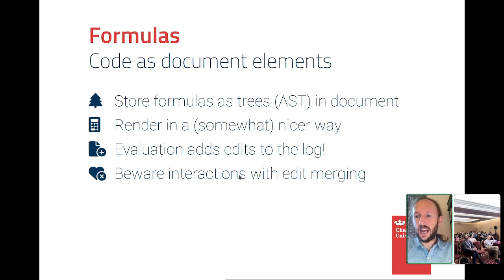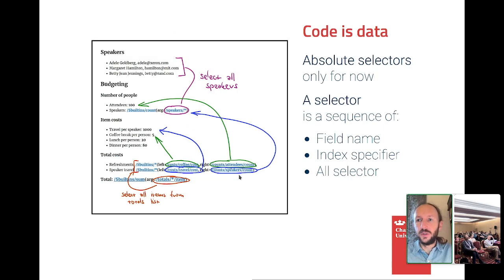Of course, then we have lots of other interesting problems. This is an illustrated screenshot of a thing I'll show you soon, where we now have formulas in the code. They're not rendered super nicely, but there's this little expression here where the key thing is you can refer to other elements of the document. There are some built-ins like count, multiplication and sum. But there are all these references, which you can think of a bit like a CSS path or a navigator